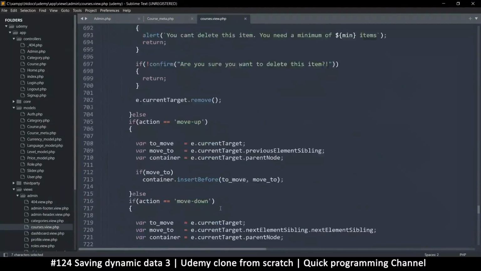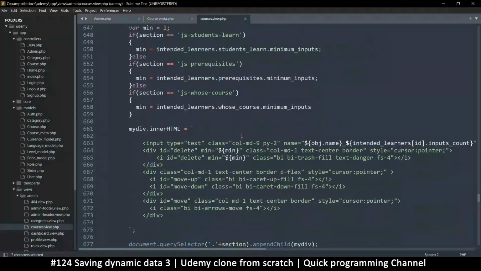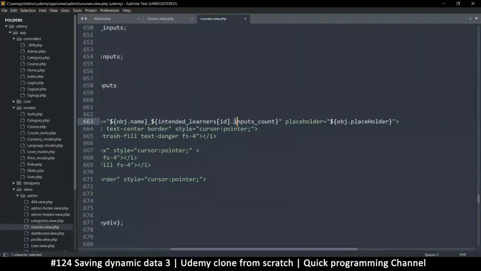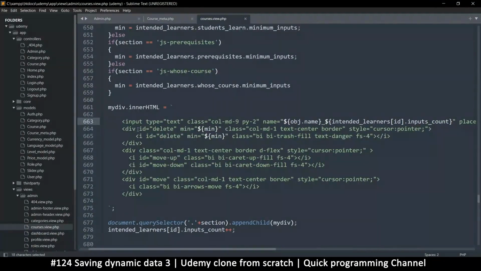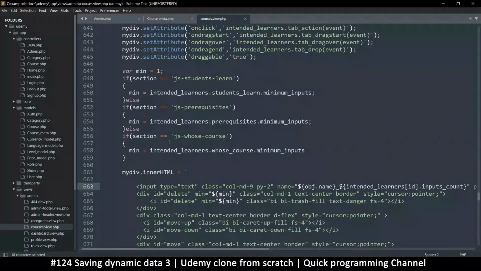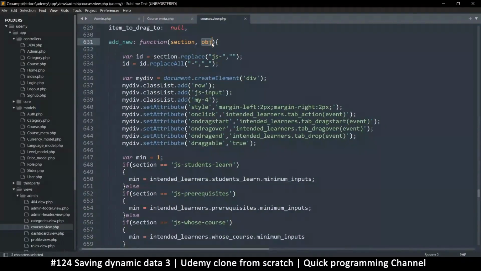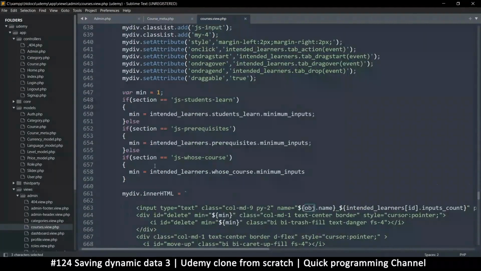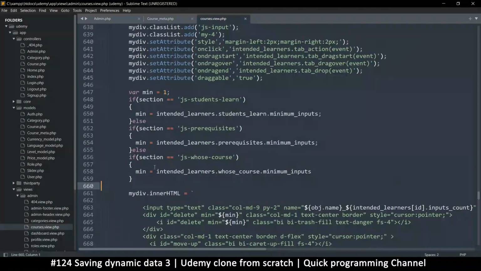So let's find that add new function. Where is it? There it is. So here we are collecting, what's this? We are collecting the placeholder, but the same way we are using this placeholder, let's use the value as well. So copy this and let's come here to value. Where is value? Now value may not always be there, so it's a good idea because on certain times we are not including it in the object. So what we can do is to check if it exists. If not, then we set it to an empty. So here I'll do this